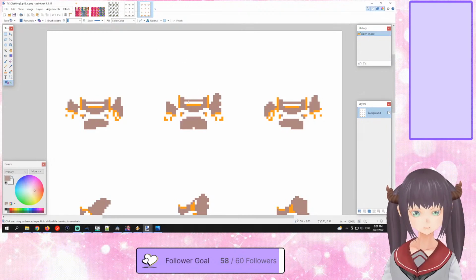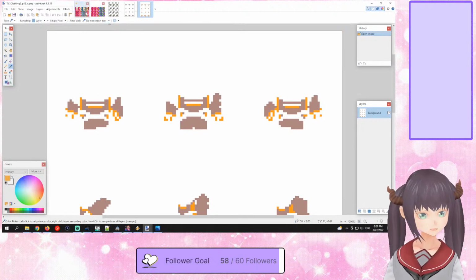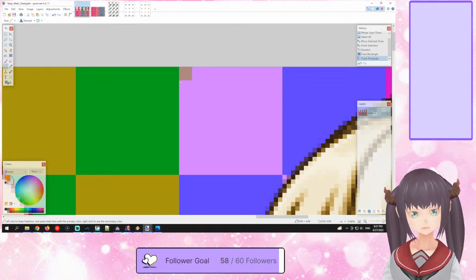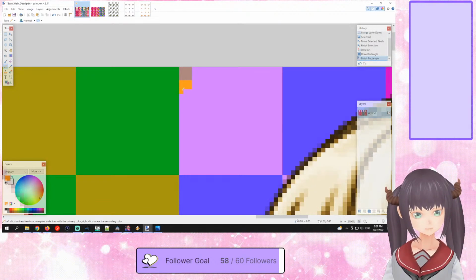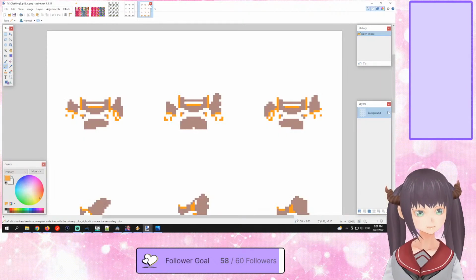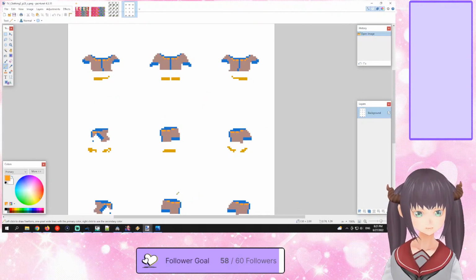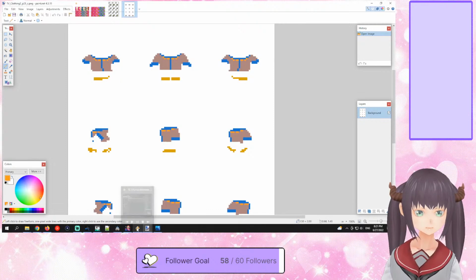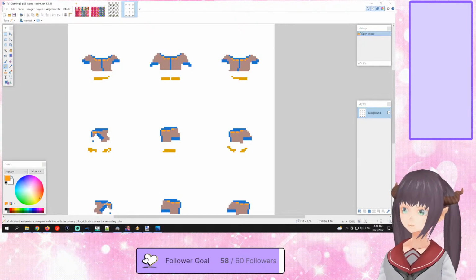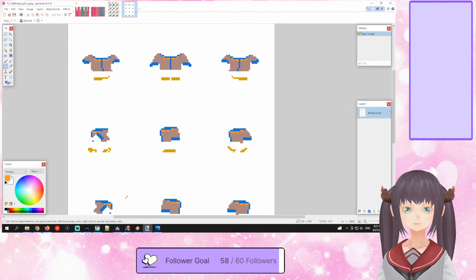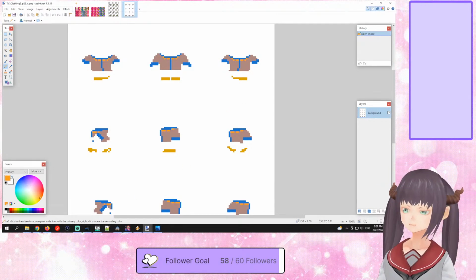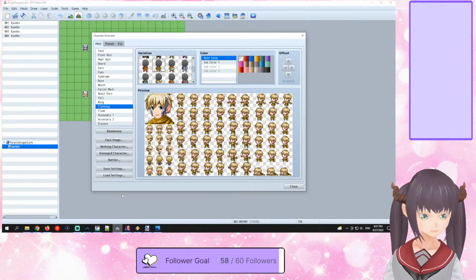grab this one, grab the orange, which is color 2. I know that's color 2. I believe blue is 3. And gold is 4, I believe. Alright, so I believe that's how that works. So to be sure,